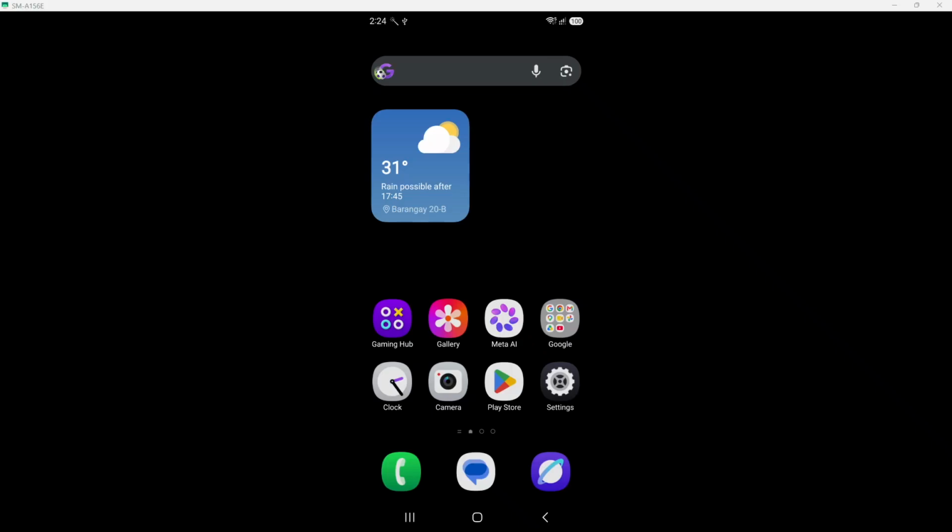In today's video, I'm going to teach you how to enable the camera on a Samsung phone. First, open the settings on your Samsung phone. You can find the settings app in your app drawer or swipe down from the top of the screen and